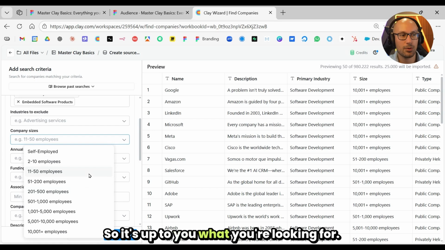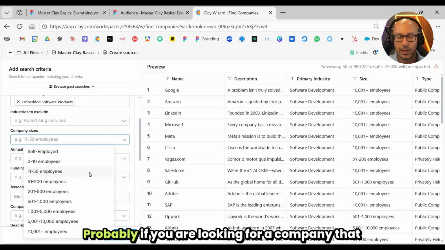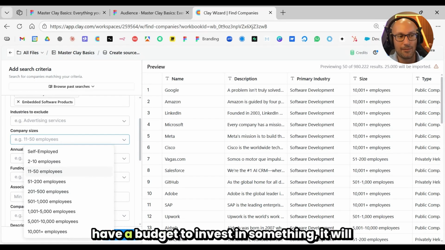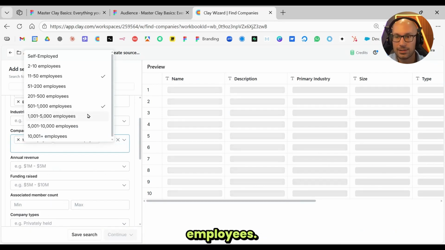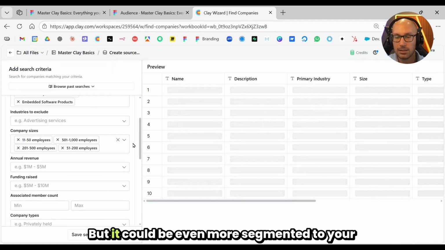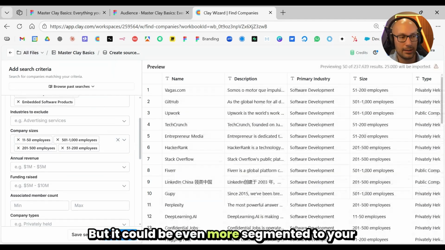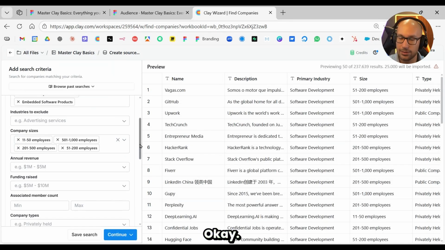So it's up to you what you're looking for. Probably if you are looking for a company that has a budget to invest in something, it will be between 11 employees and 1,000 employees. But it could be even more segmented to your needs. Okay, another cool